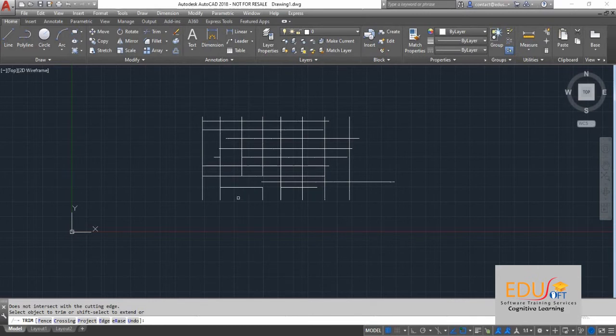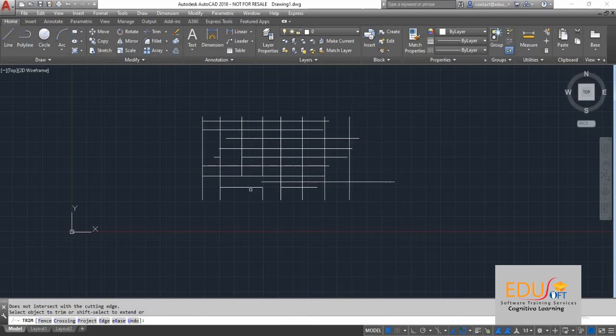See, now here we have a line, both crossings are trimmed. This is the line, and if you want it to be trimmed with respect to this line, so this much portion has to be removed. Now this is not possible.